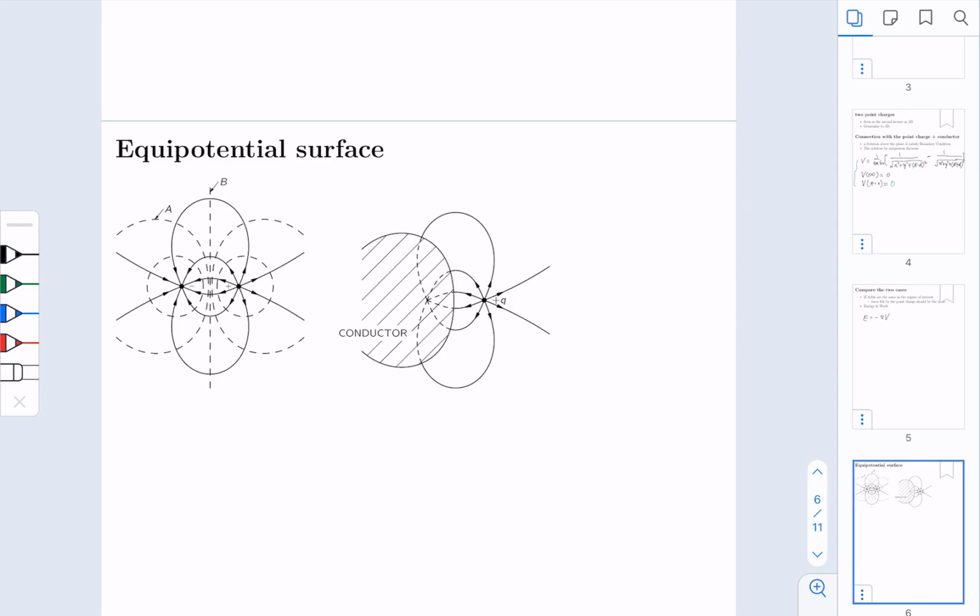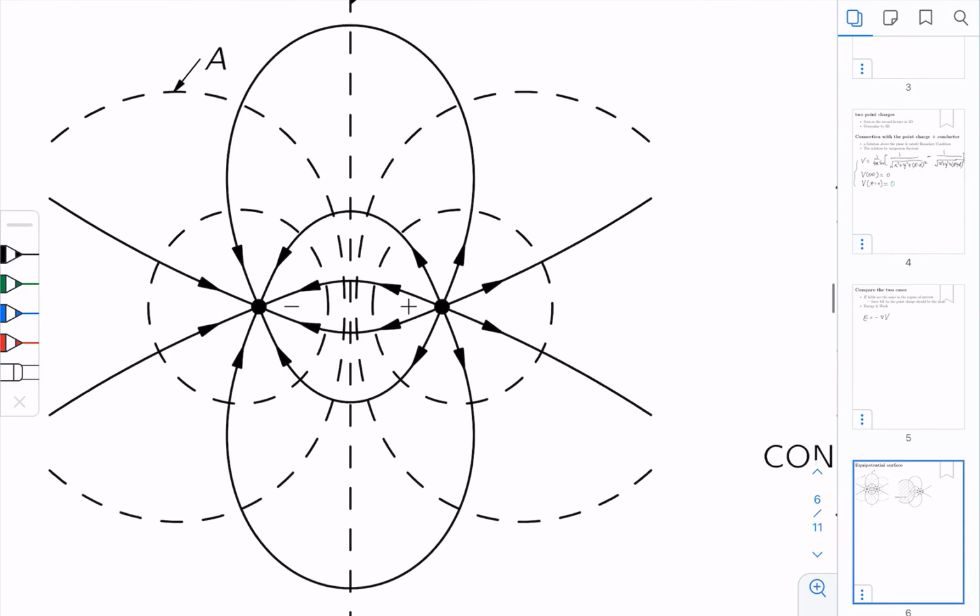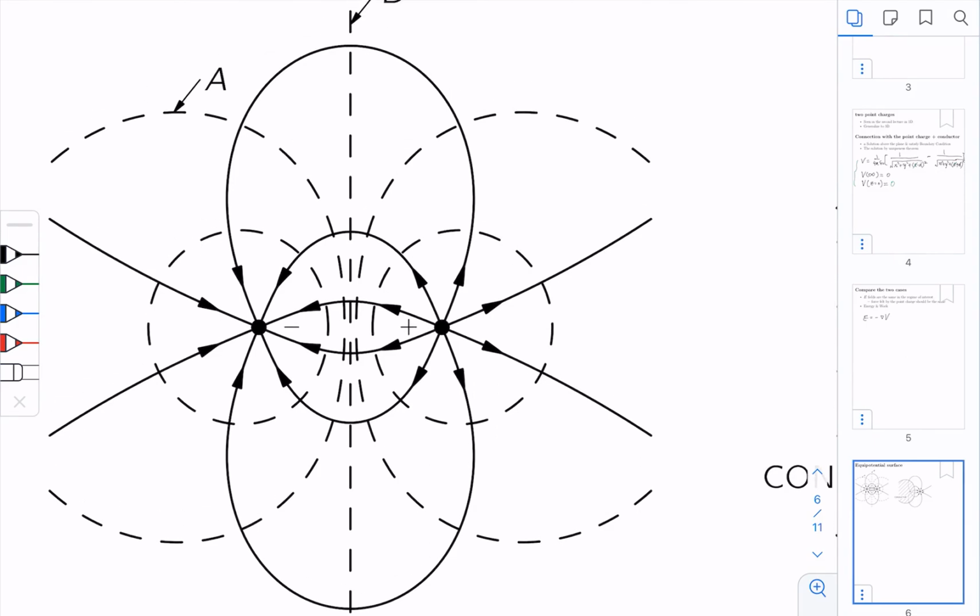So here I try to plot the two charges, one on the right and one on the left, and now you can see that here in the middle, that's the plane of the conductor, and this is the z equals 0 plane,